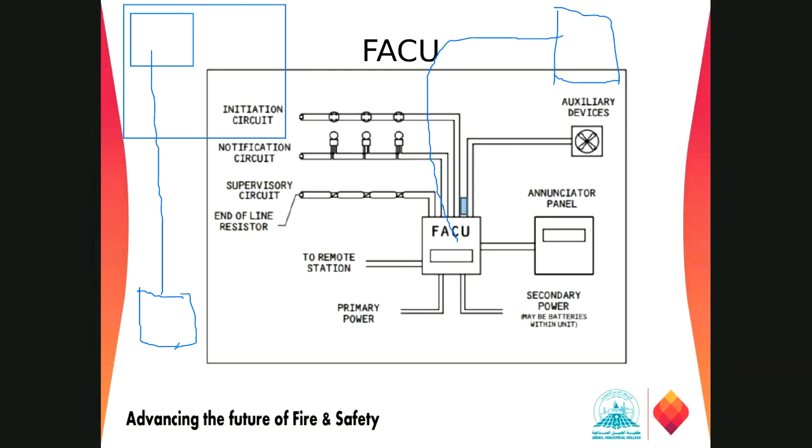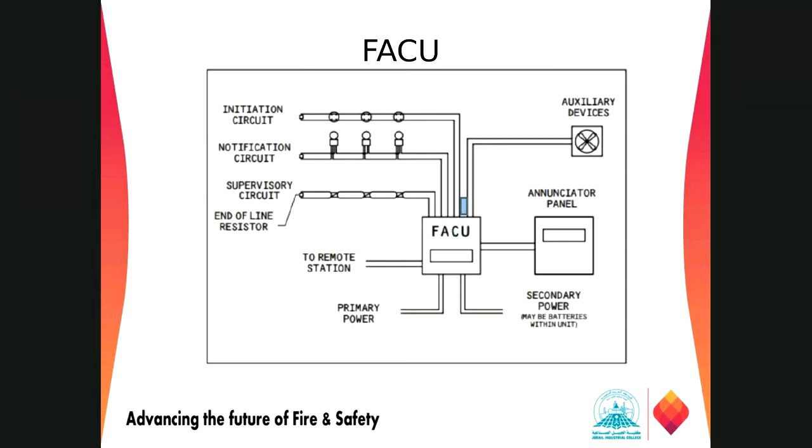Yeah, clear. And then we have the auxiliary devices. So if there is an FM200 system protecting some space, and we want to close the door, window, ventilation, and all, those we call the auxiliary devices. Here we have a fan which needs to be shut down or opened. Based on that, we can use it for various purposes, like the elevator recall system, door opening and closing, or whatever purpose.